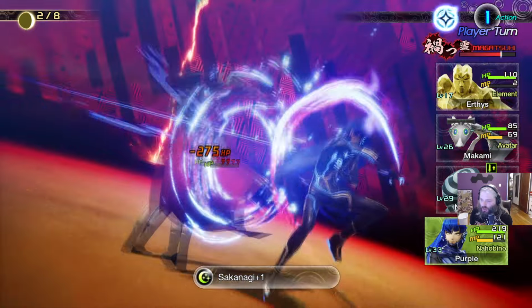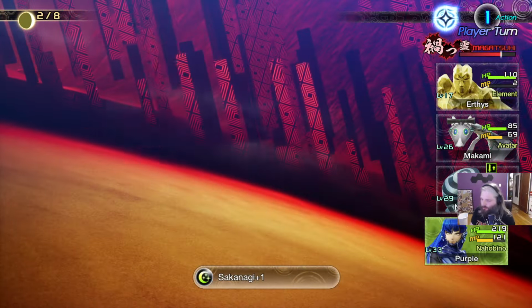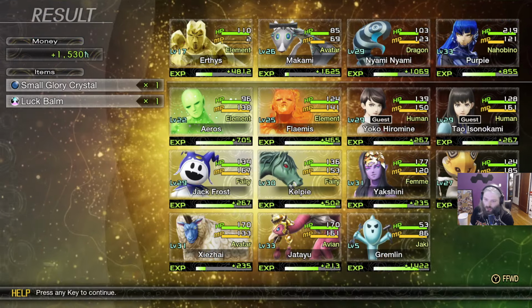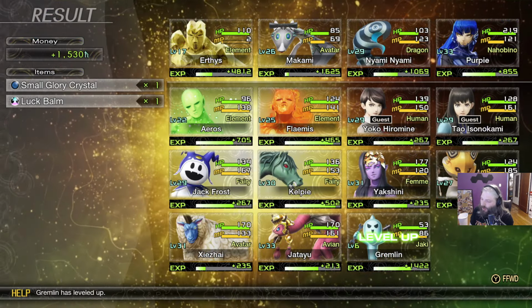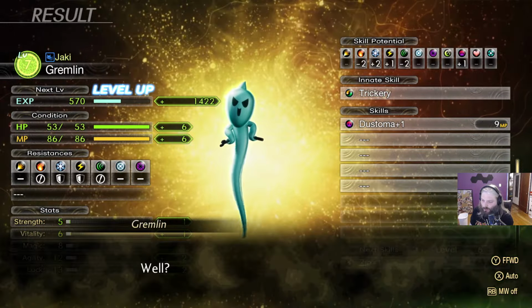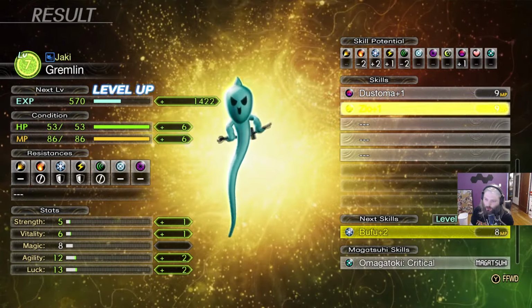And smash! There we go. I'm over leveled for that, I know. Oh, a luck bomb. That's actually a pretty good reward. I love luck bombs. We don't care about you. No offense, Gremlin. You're not our friend. You just happen to be